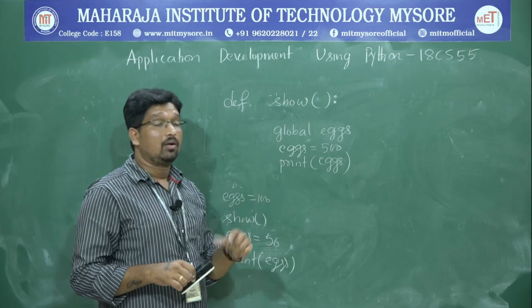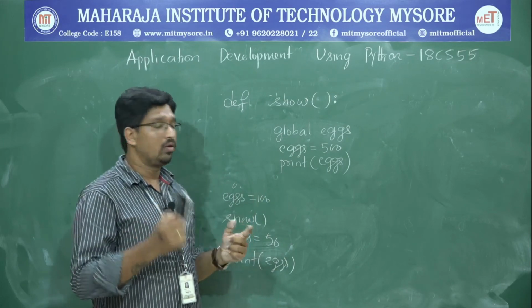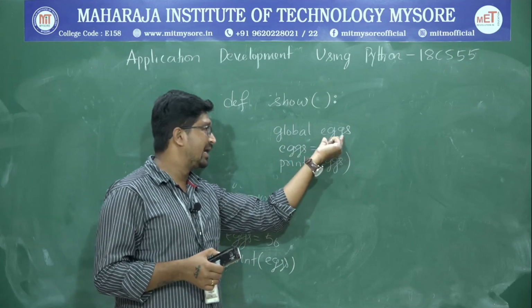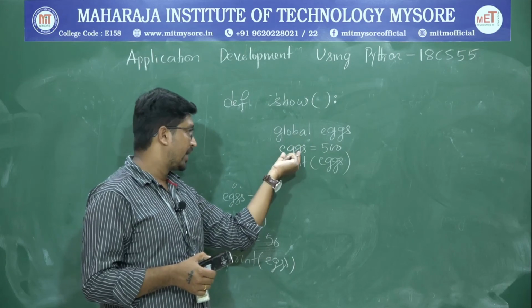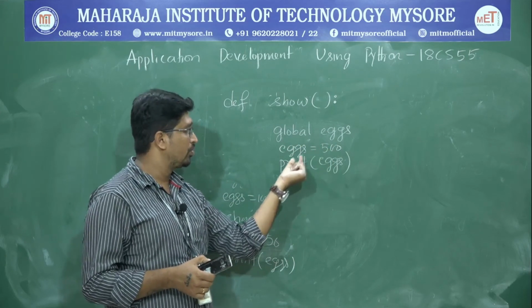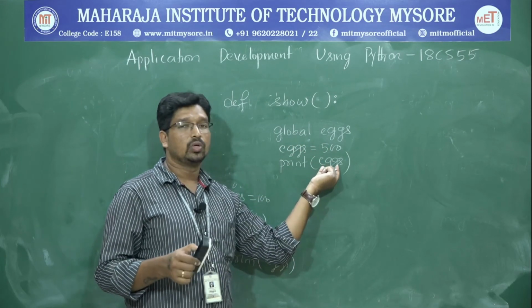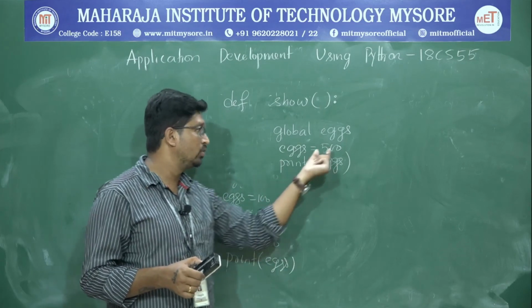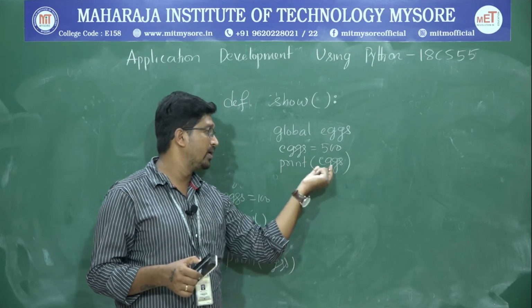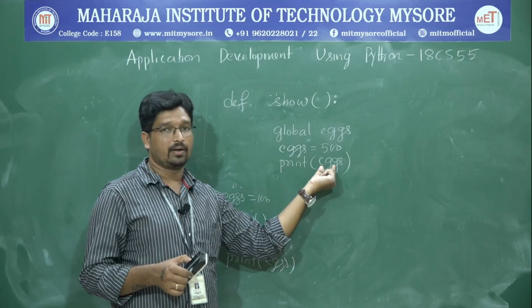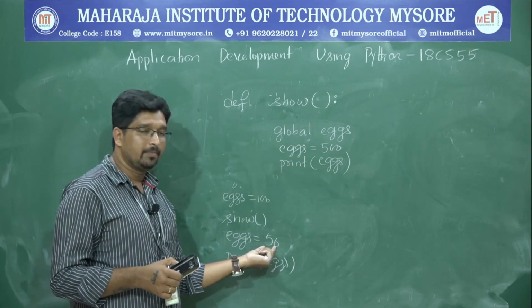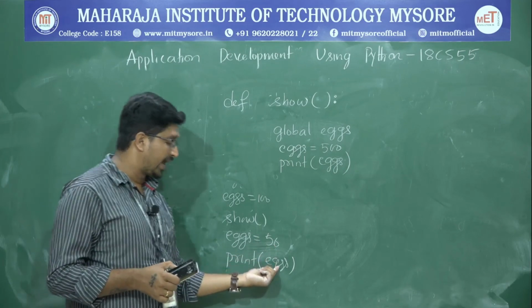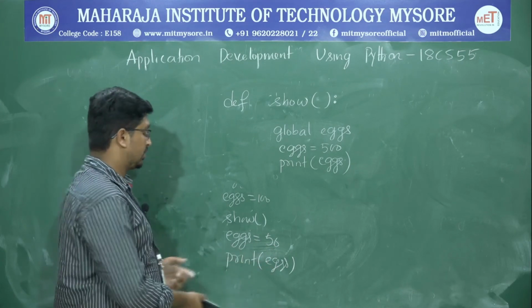But still I want to change the global value itself. For that I am declaring x as global. I am making use of the global variable. Then x is equal to 500. Then you print, and the global value is changed from 100 to 500. Now when you print the value, it becomes 500. Again come back. Again you are making x as 50. Then print of x. What will be the answer?